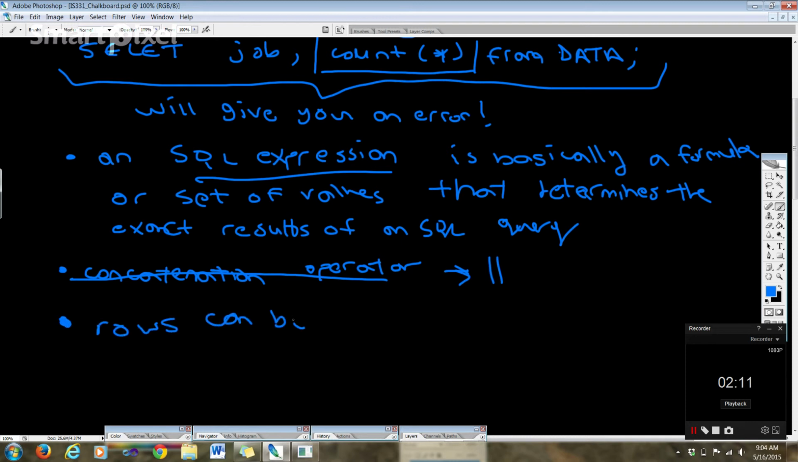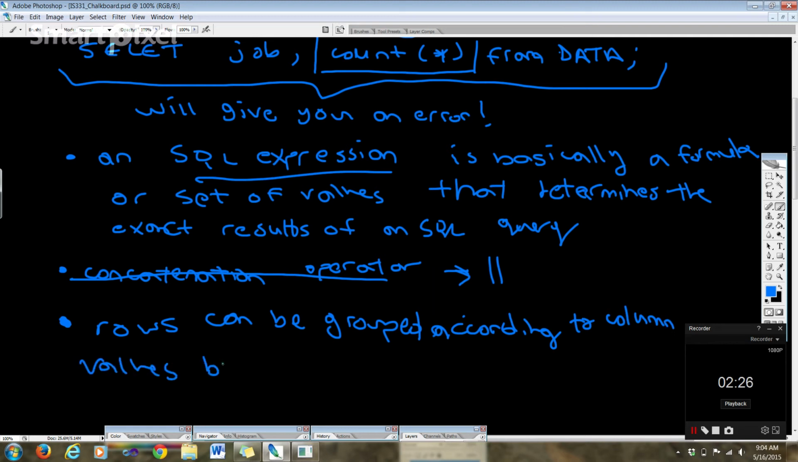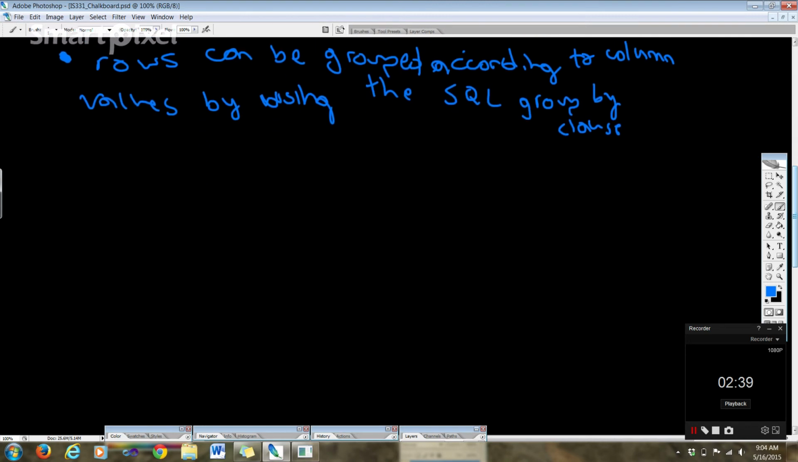Rows can be grouped, right, according to column values by using the SQL group by clause. Using the SQL group by clause. Okay. Next, when we're using the SQL group by clause, so when using group by,